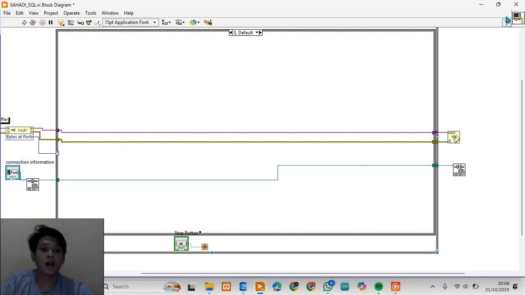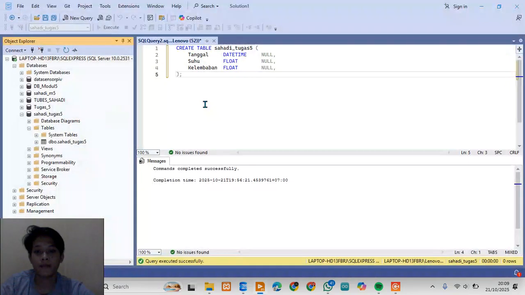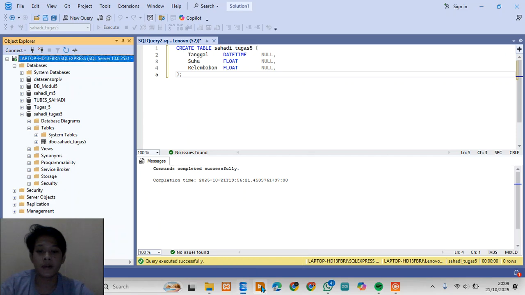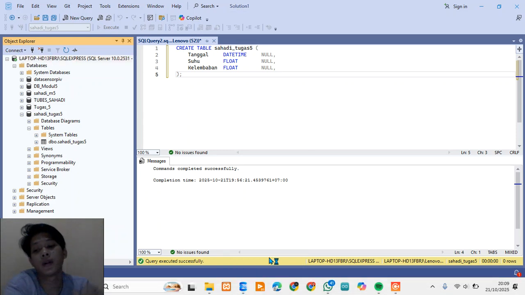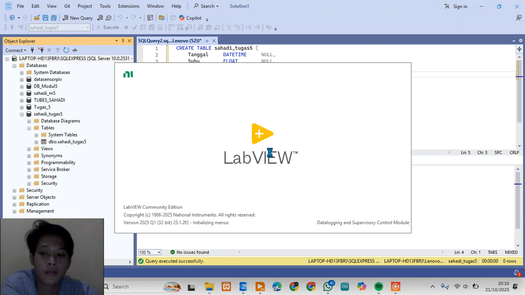Okay, I close my program, set it, close LabVIEW, and open LabVIEW again. Loading. Okay.